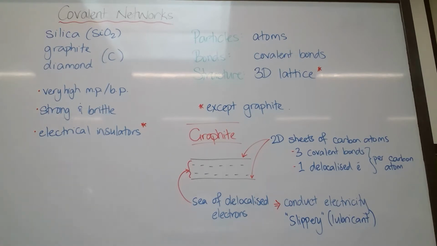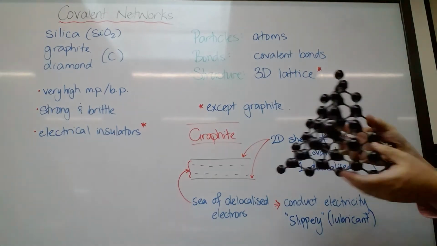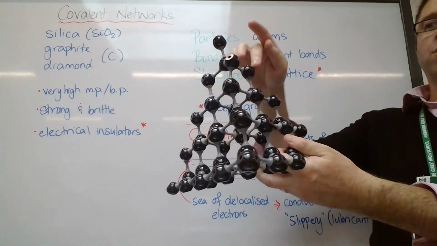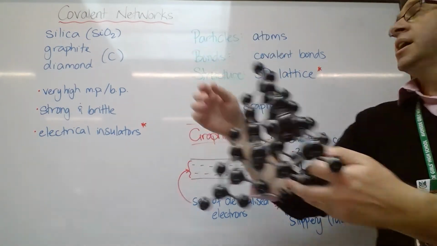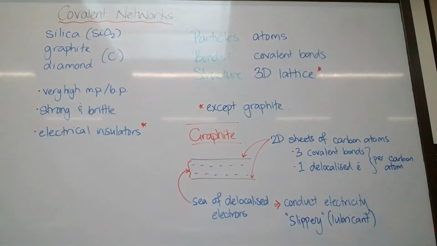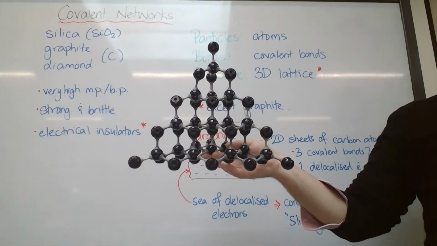The particles in covalent networks, and I think the video isn't going to show very well because there's a bit of reflection there, but the particles are always atoms. So here's a model of diamond. The particles are all carbon atoms. In silica, it's 1 silicon atom for every 2 oxygens, and it's a ratio. It's not a silicon dioxide molecule like you think of carbon dioxide. They alternate 2 oxygens for every 1 silicon in a network that looks really similar to diamond in a 3-dimensional